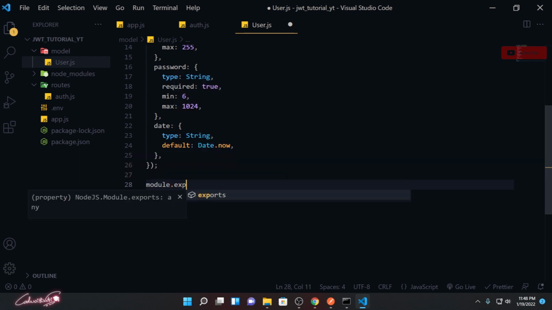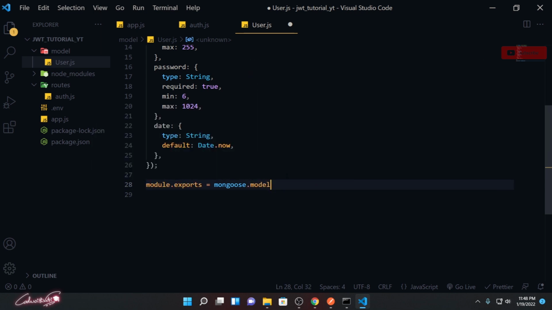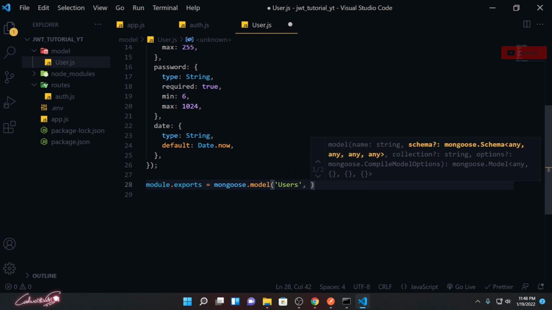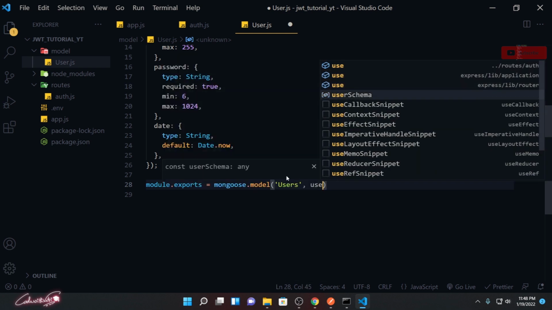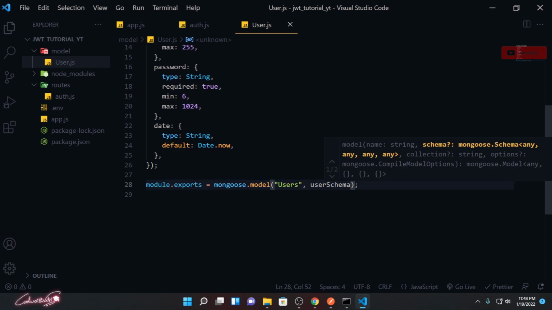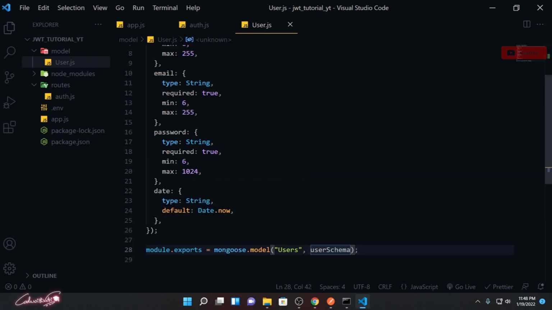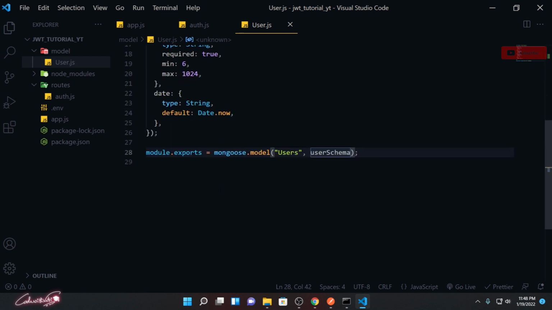Absolutely, module.exports equals mongoose.model, and the table name we are going to create is users, and we are going to use that schema, the schema we created. So we are now creating the table with the name of users, and we are using the schema we created and represented over here.